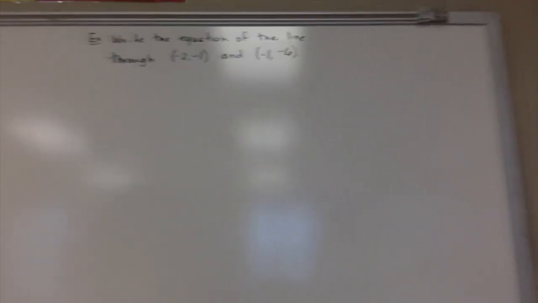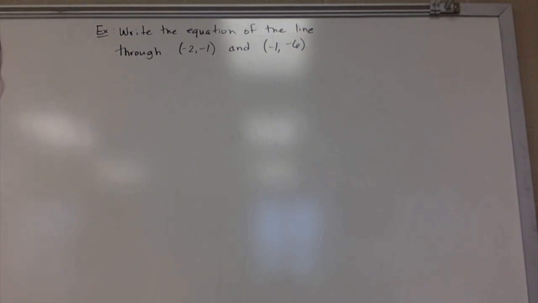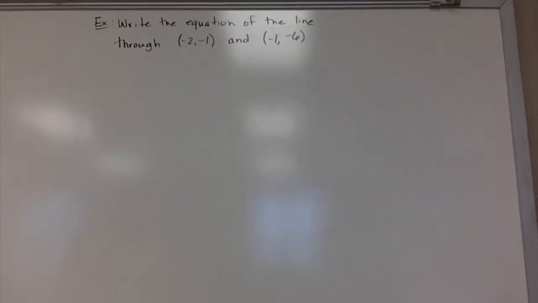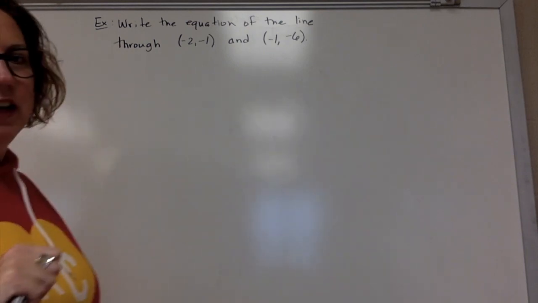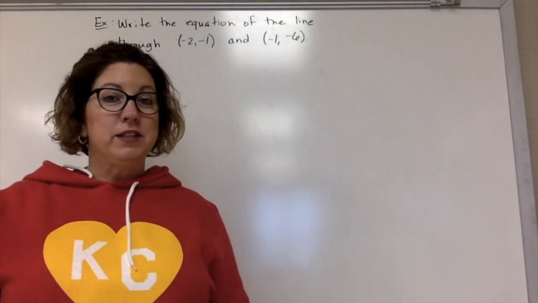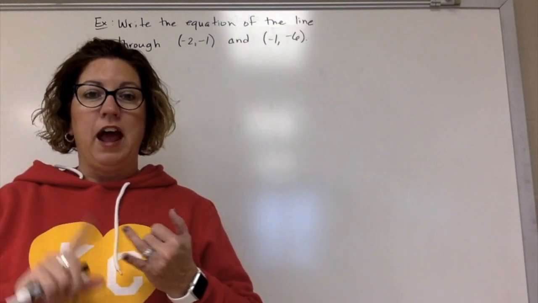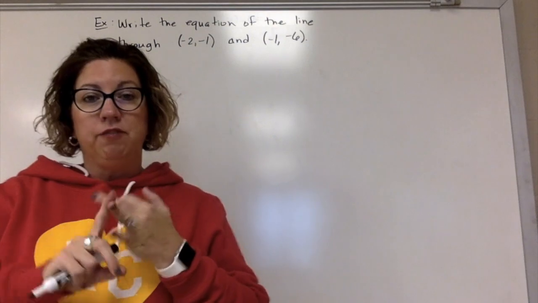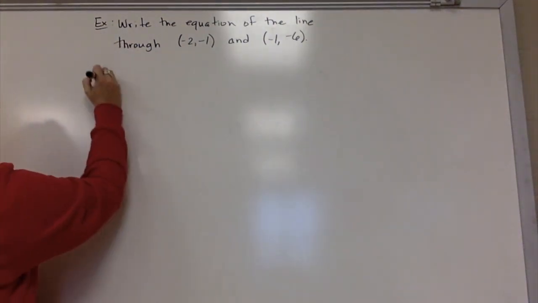Okay. The next example we have, hopefully, I'm going to work on those blinds here in a minute. Write the equation of the line through these 2 points, (-2, -1) and (-1, -6). This time I cannot go directly into a slope-intercept or point-slope equation because I don't have the slope. I do have 2 points. Since I have 2 points, we can find the slope. So that's what we'll do first,